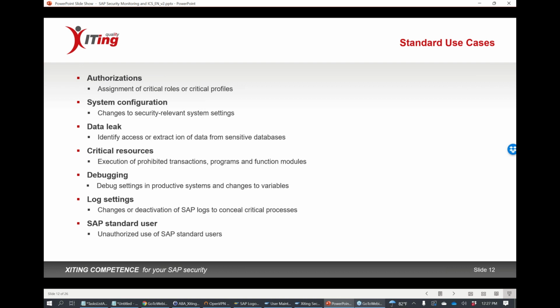All the way down to SAP standard users, a very basic thing, but it's still a big topic, because sometimes we forget about the standard users in maybe one client. That's a problem. So even stuff like that can be monitored, and also check if there was an unauthorized use of a standard user, like someone used DDIC or someone used SAP* or SAPSUPPORT. That is something that can be monitored as well. On top of this, these are just a few of the use cases, more the standard ones. Obviously, there's a whole bunch behind that, and on top of that we can also do